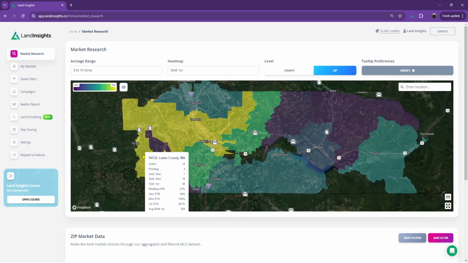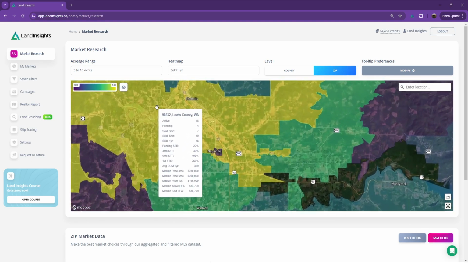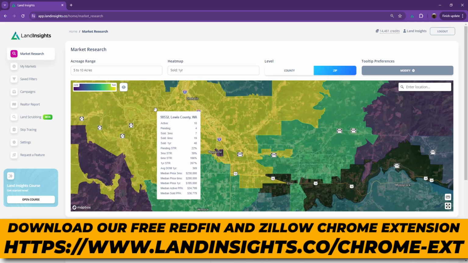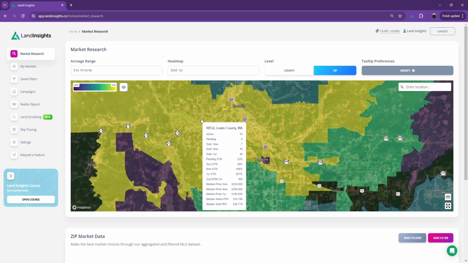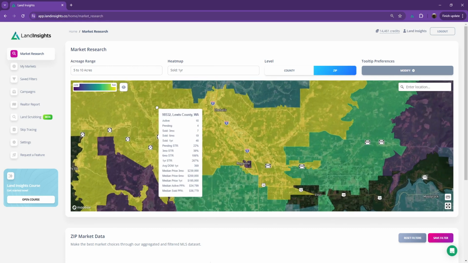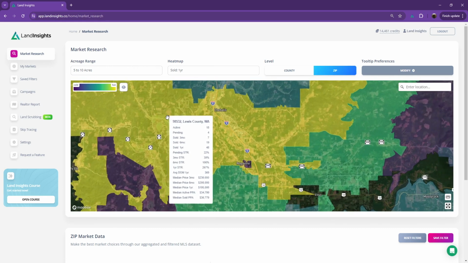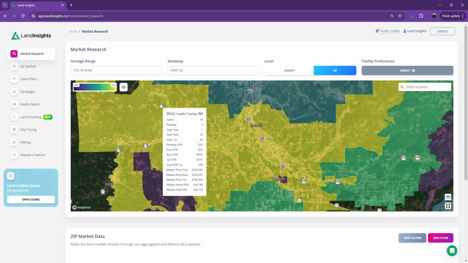This probably is not the best example of a moderately sized zip code, but as we do see those refined data sets, it's more reasonable to see lower sell-through rate or lower comps. Sell-through rate should remain relatively stable, and we can still use that likely at our normal percentages. It's just a matter of making sure that we have enough comps to validate an offer if we get a